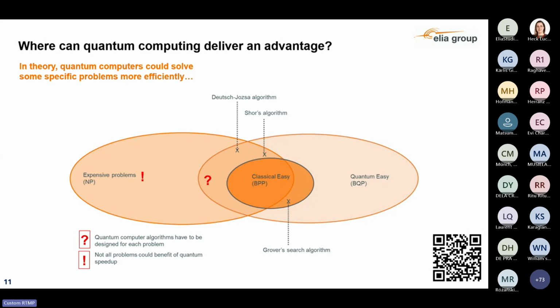And you have other spaces, such as quantum easy or BQP, in which you have some potential speedup. But it's not known yet in computer science how much these two sets overlap. We have some specific examples. The most known is Shor's algorithm, which tackles the factorization of integers into primes. This is an NP-hard problem in computer science, in classical computers. But Shor's algorithm allows a significant speedup when you use quantum computers. You have the Deutsch-Jozsa, you have Grover's search algorithm. So there are already some examples that have been found in this intersection between the NP-hard and the BQP space.